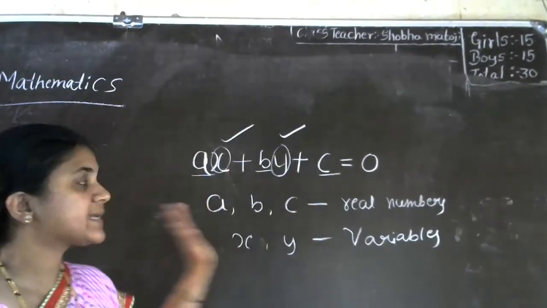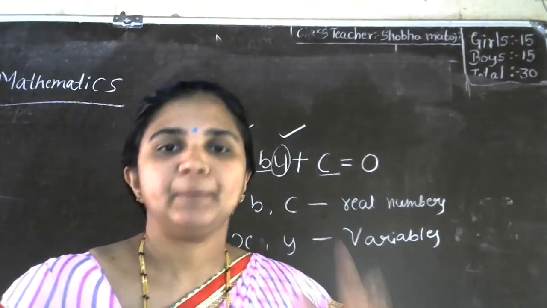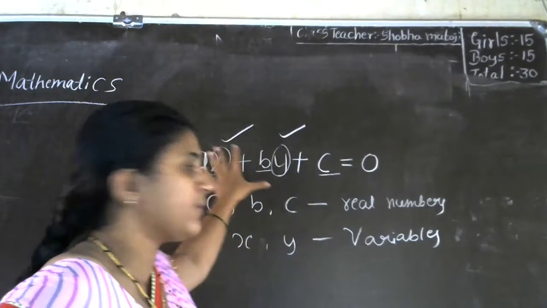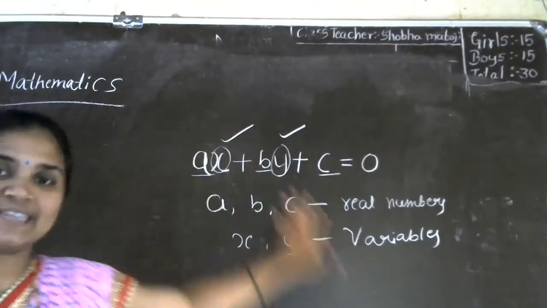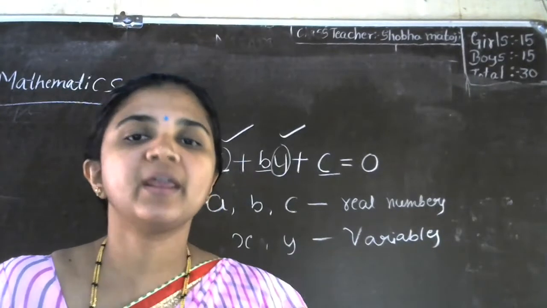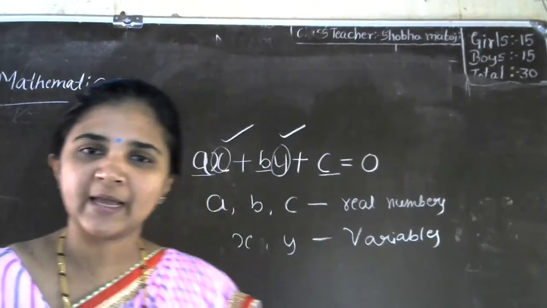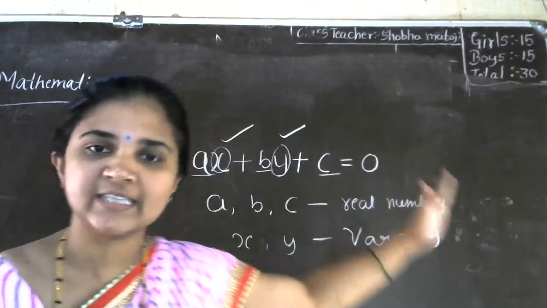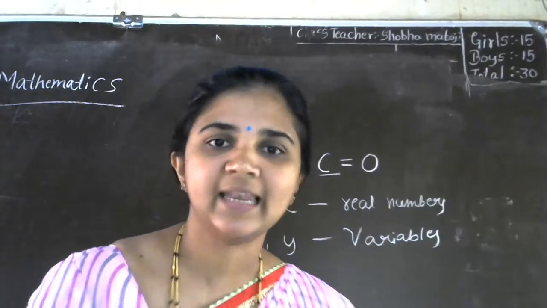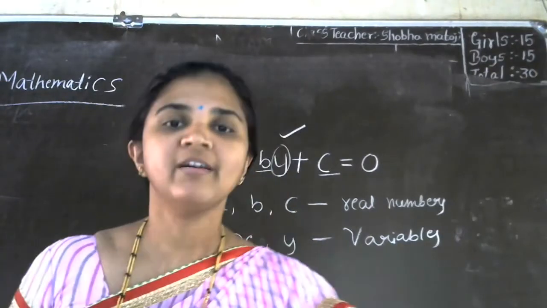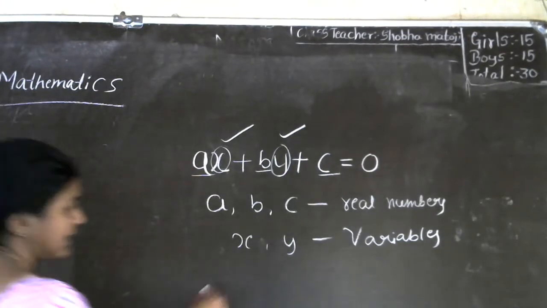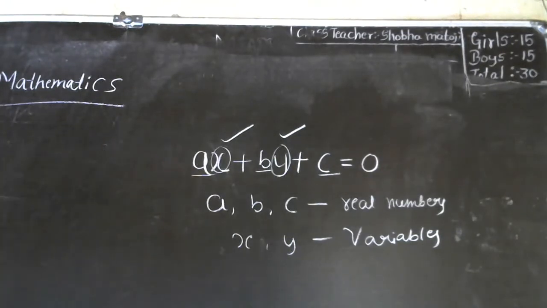Okay, now let us come to our topic. Pair of linear equations in two variables. So one equation looks like ax plus by plus c is equal to 0. But for a pair, the other equation should also be of the same type, ax plus by plus c is equal to 0. But in the same house, can two people be given the same name? No. So what we have to do is give another name. How can we give another name? I'll write here, one minute.